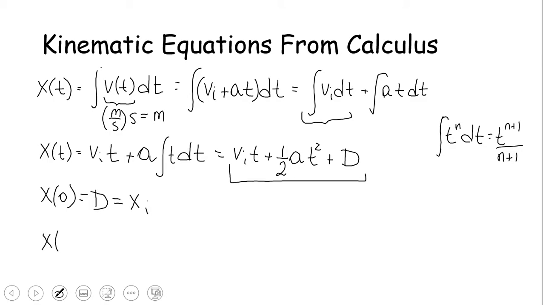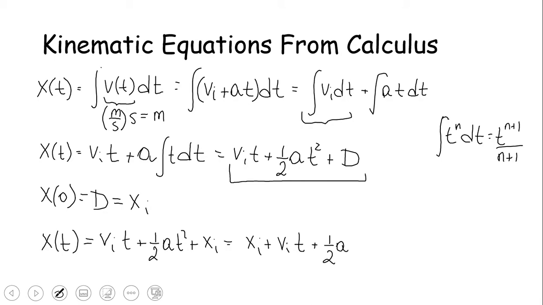And therefore we can write the expression for the position as a function of time as v initial t plus 1/2 a t squared plus x initial, which we can also rearrange to make it look exactly the same as the expression that we obtain from algebra. So there you have it. This is the second expression, and these are the two equations for position and velocity as a function of time